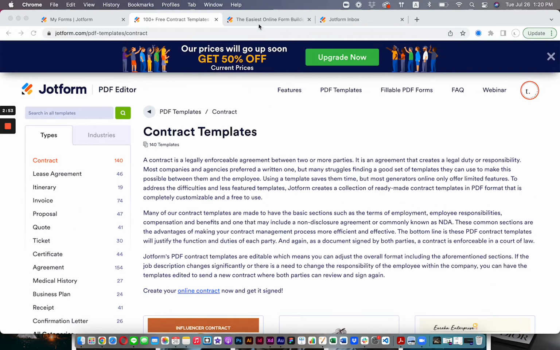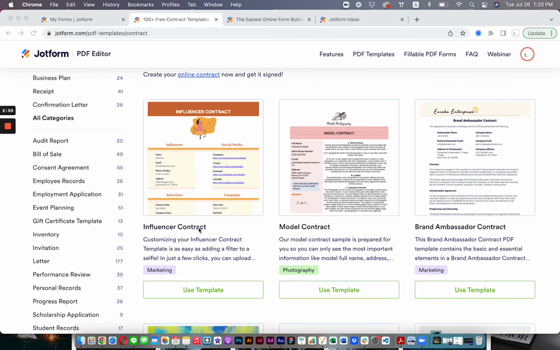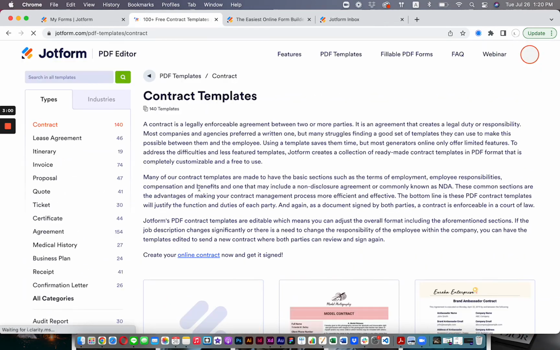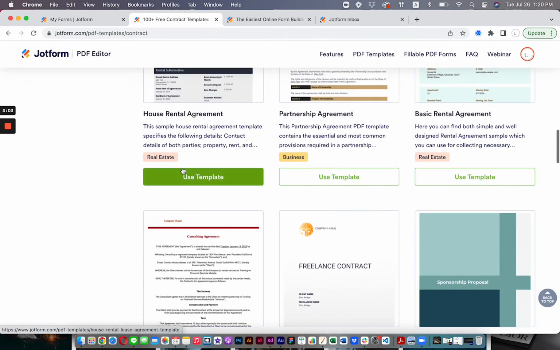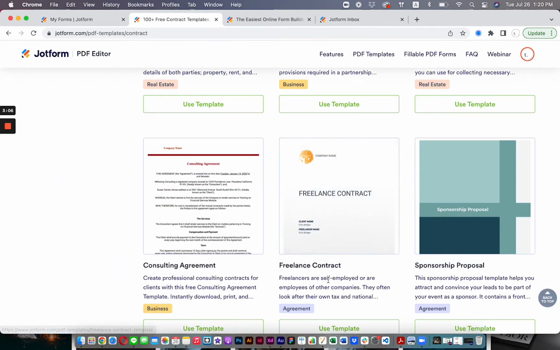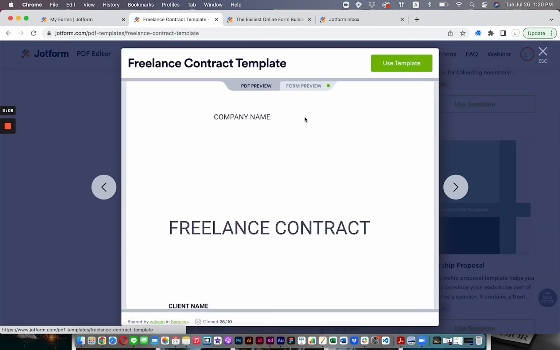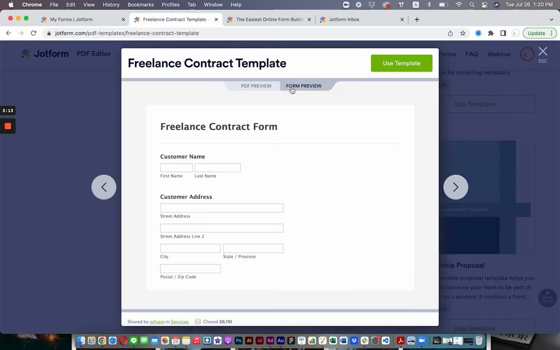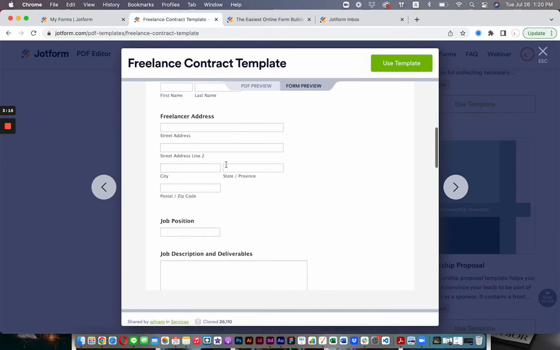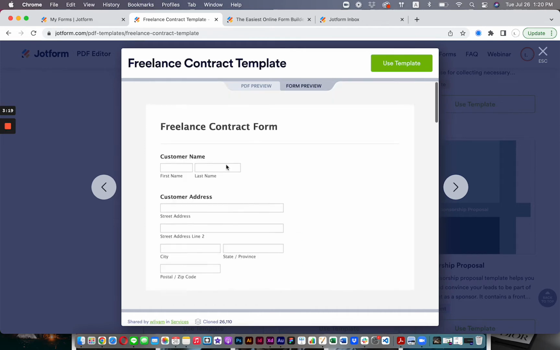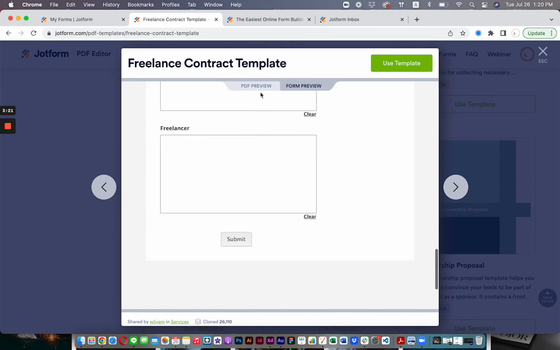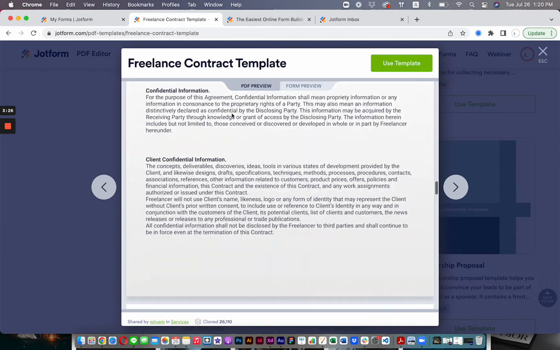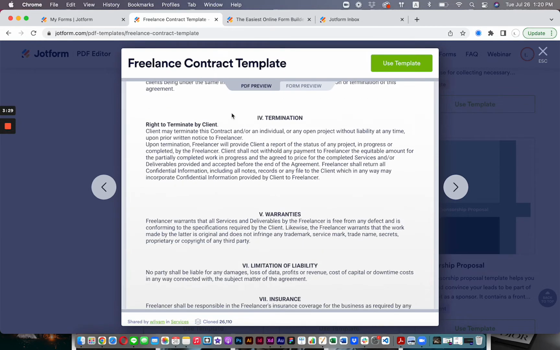The best two examples that I can think of is the contract. There's a bunch of different contract forms in here that you can look through. So, house rental, partnership, basic rental, freelance contract. And basically, to show you, it has two sides. The first part is the form where you can enter data and just fill in the form. And what it'll do is take that data and turn it into a contract for you. So you can see how this saves a lot of time if you just templatize everything in your process,